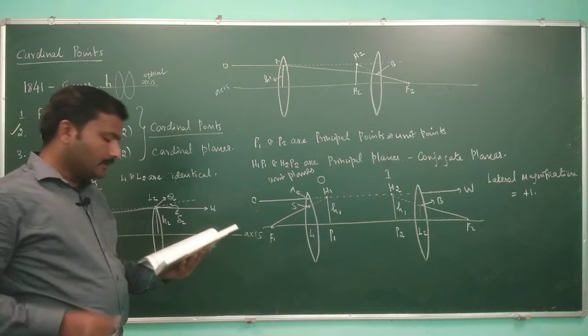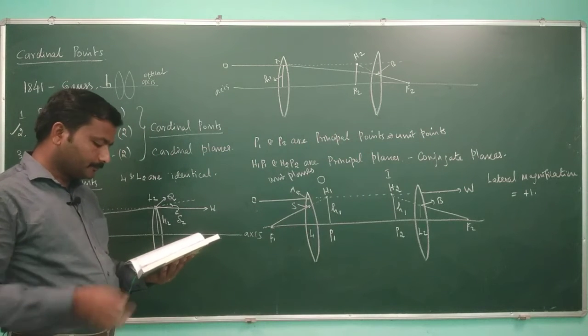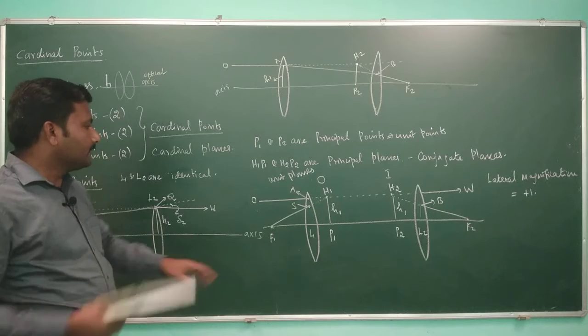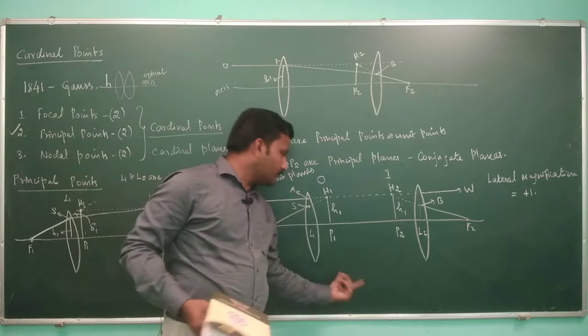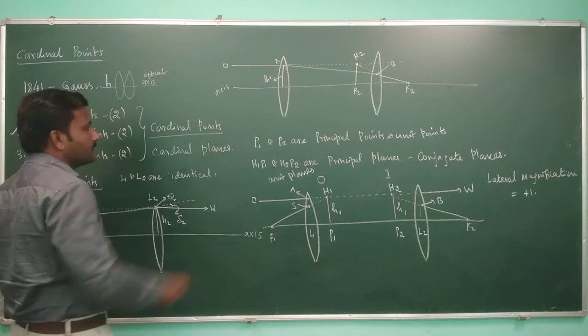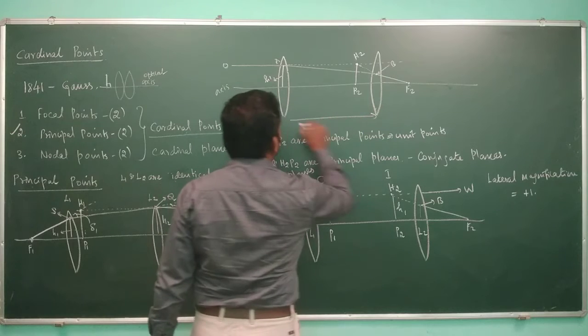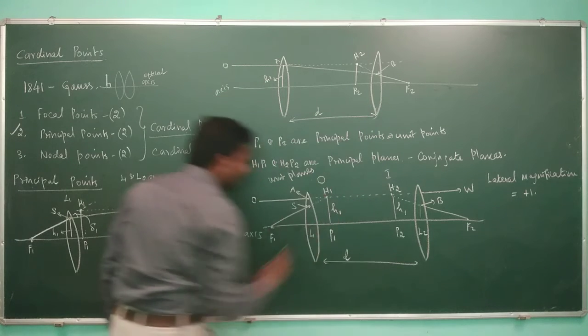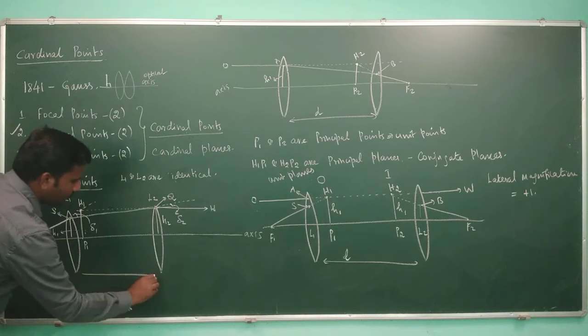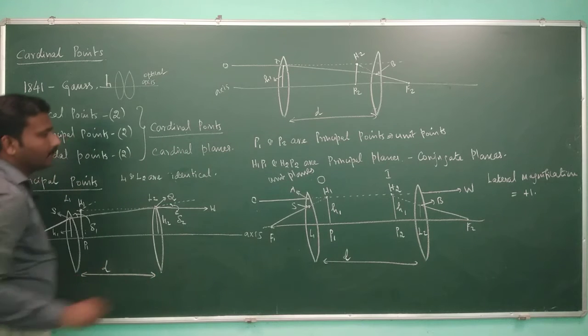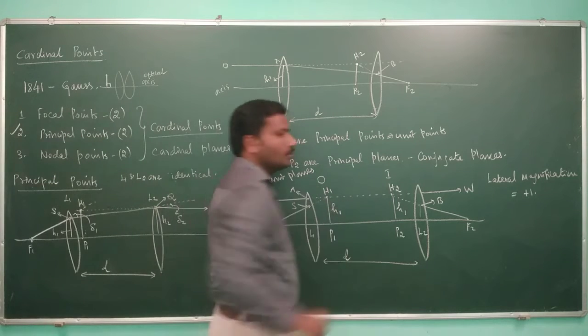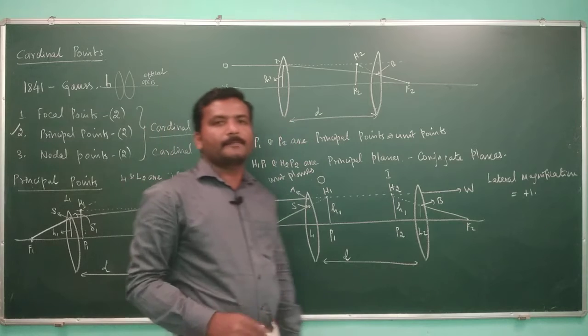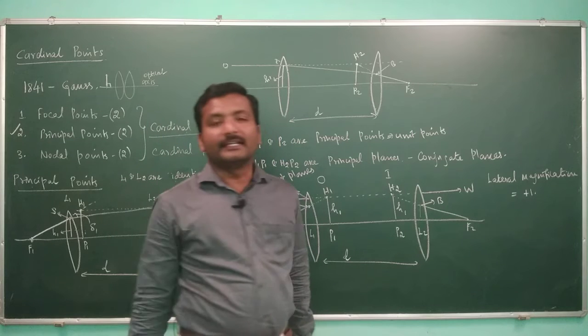These points are called unit points. See, these are the lens systems which are separated by a distance d. That is the original case. And we have defined 2 points H1 and H2 which are conceptual points. By concept only we have defined it.